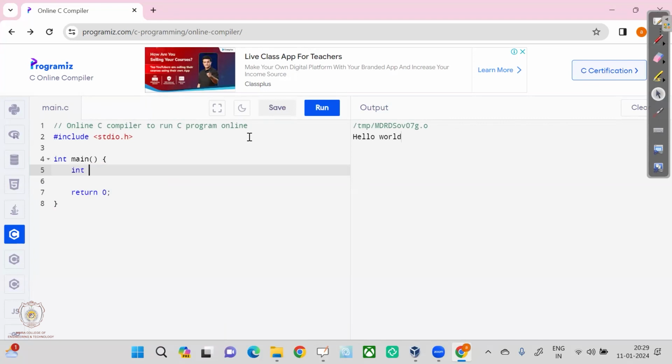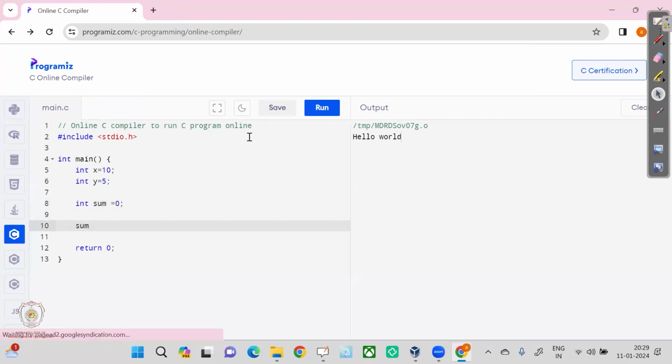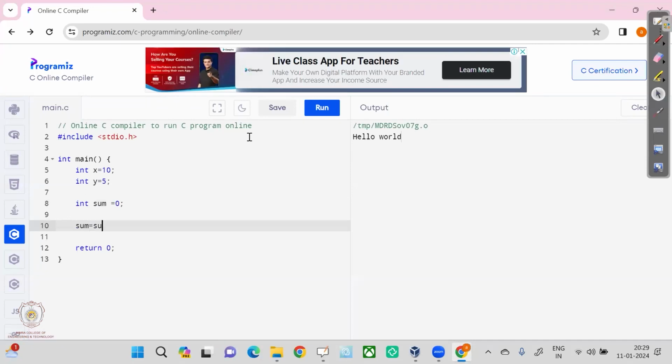So initially, I said int x equal to 10 and int y equal to 5. Okay, I want the sum of this. One way of doing it is sum plus